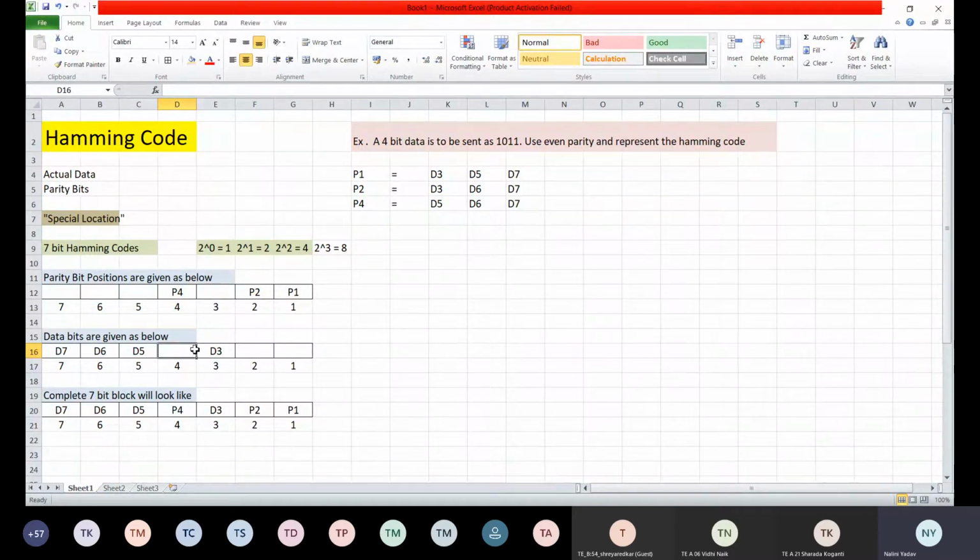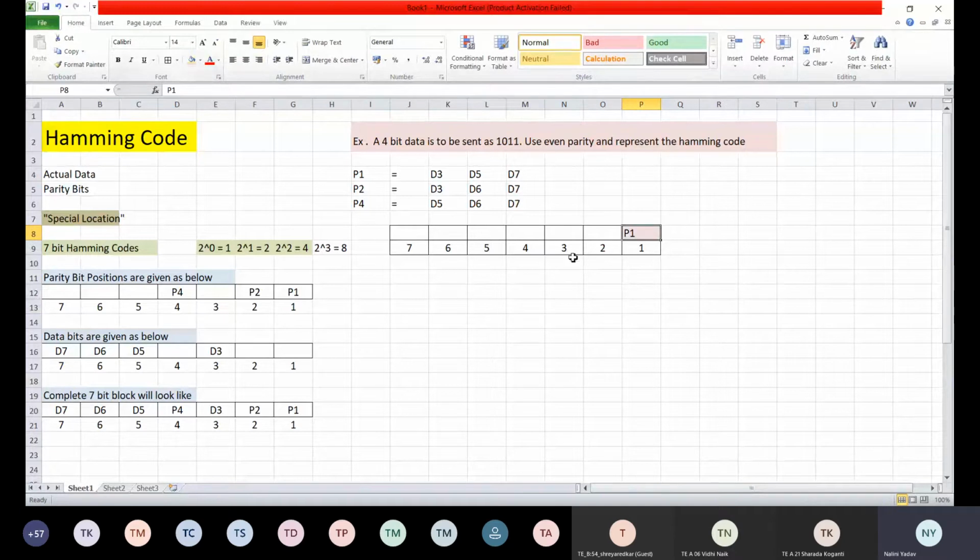Now, how are we supposed to calculate these parity bits with the help of these particular formulas or bits? How do we calculate P1? D3, D5, D7. Now, a simple quick idea I will tell you to remember this. First, we will again draw these bits, these positions. The positions were 7, 6, 5, 4, 3, 2, 1. We have drawn the positions, and then we will mark it like this. Look, P1 is written here, correct?